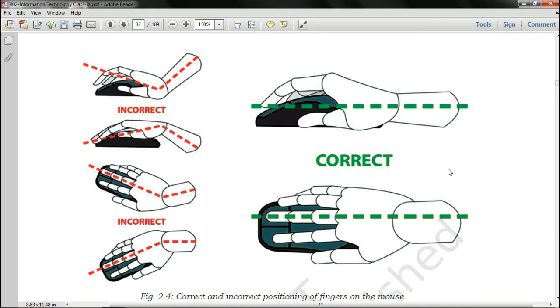Because if you position your hand here over the mouse, your hand will not be comfortable and you will feel tired very often. This is also incorrect, because you are not giving comfort to your wrist, your hand and your arm. So this is the correct option, the correct positioning of the fingers on the mouse.